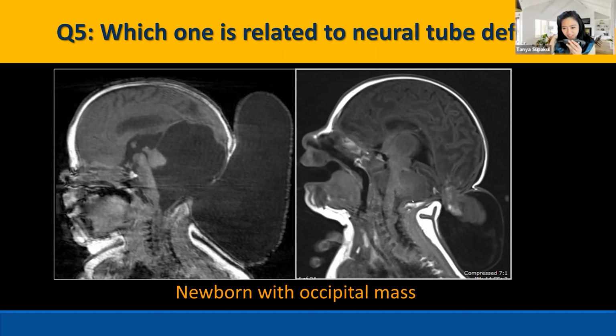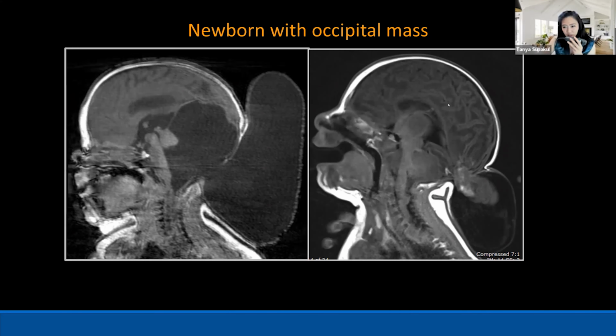Okay, good. I think this is probably, and then we can see there is kind of kinking of the upper cervical spinal cord there at the craniocervical junction, a little bit below the craniocervical junction. And I think, if I could recall this case, it was Chiari 3 malformation. Yes, that's correct. Good job. So patient number 2 has a small posterior fossa.